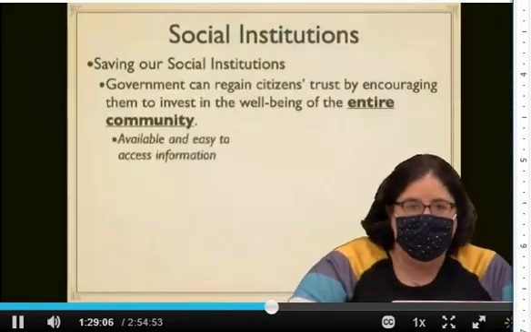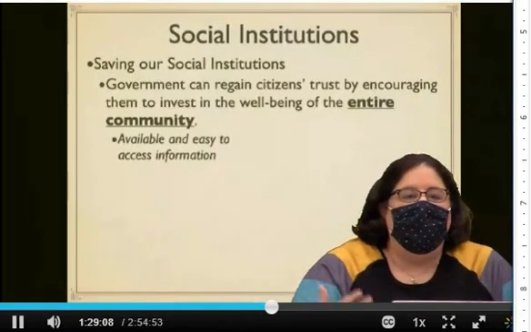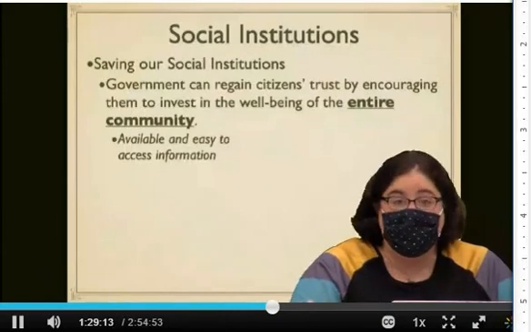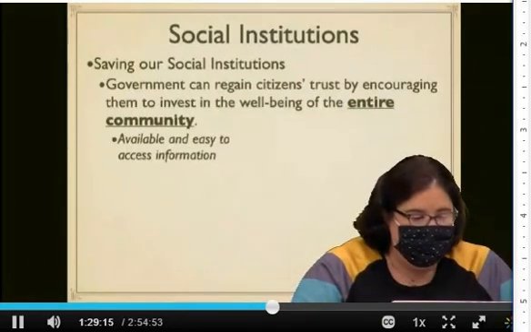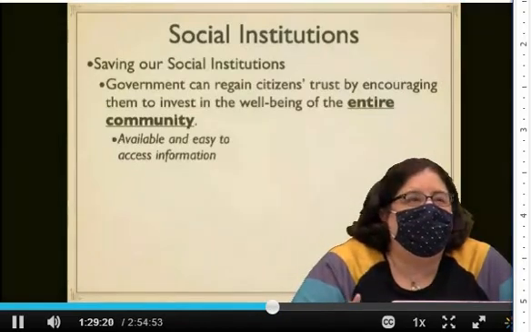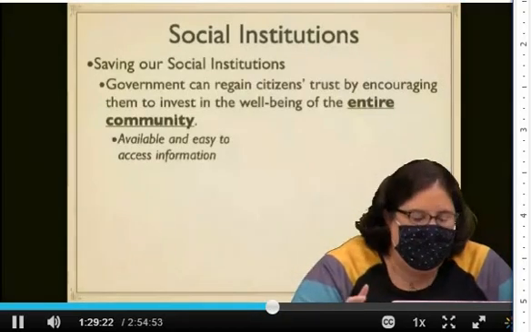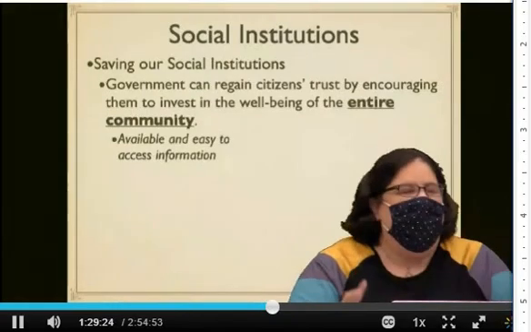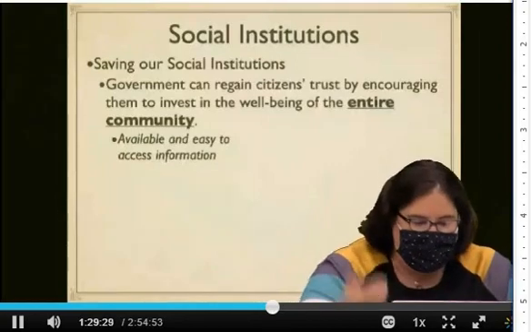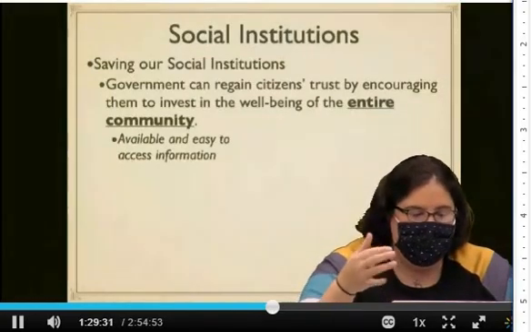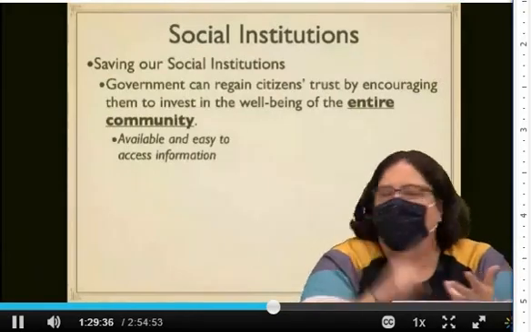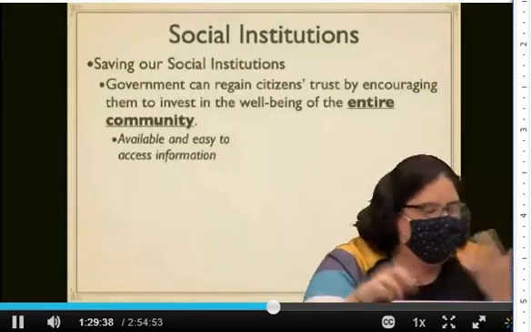So, for example, a community that provides available and easy-to-access information to all of its citizens. In Boston, I think it was 2 years ago, right before the pandemic, they started a smartphone app for the city of Boston, where you can report any infrastructure, anything managed by the city that's damaged, like a street light or a pothole or a curb that's broken or whatever.